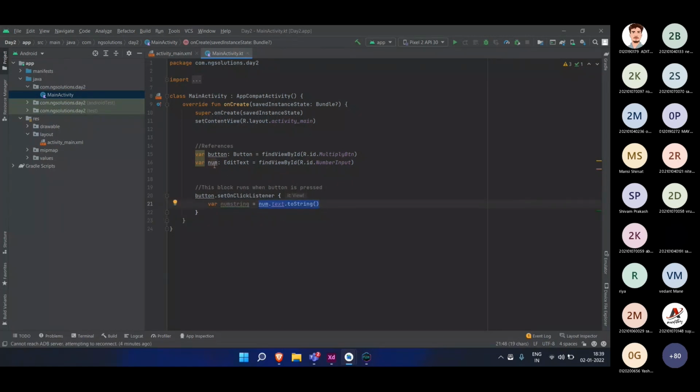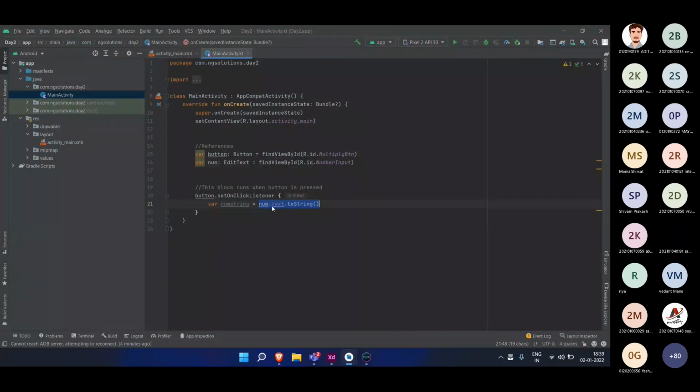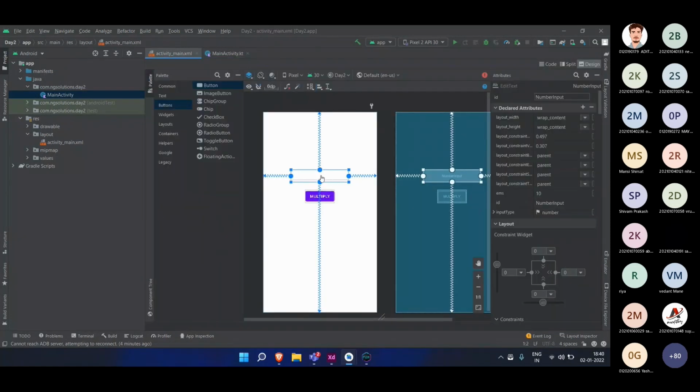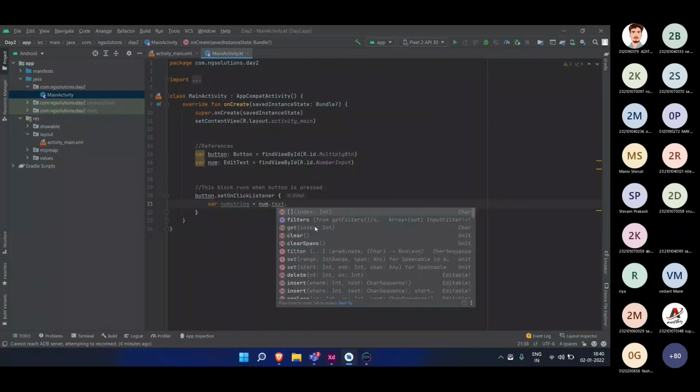I need to put anything which has been written inside this. For that there is a built-in function called dot text. So I will write num.text. This will return anything which is written inside this input field. But this function will return text data type, and I need to convert this into string. That's why I'm going to use toString.